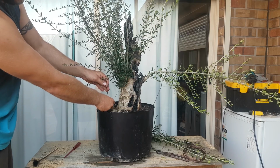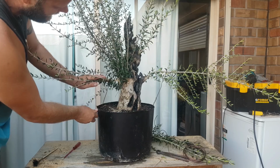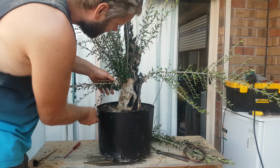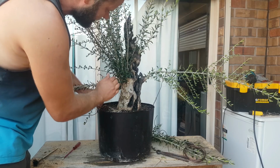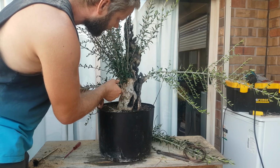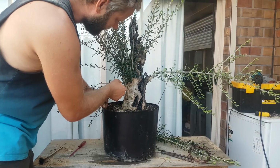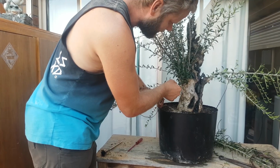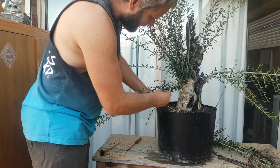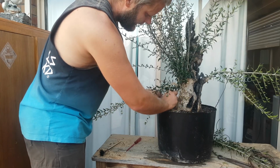Got the hole there now. And just carefully bend it down. If a branch won't go the whole way that you want it to, you can just pull it down as much as you think's comfortable for the branch. You really don't want to smash them, snap them I mean. So you go what you think's comfortable for the branch, which I think's maybe there. And if you're not happy with how far you've bent it down, you can then later...